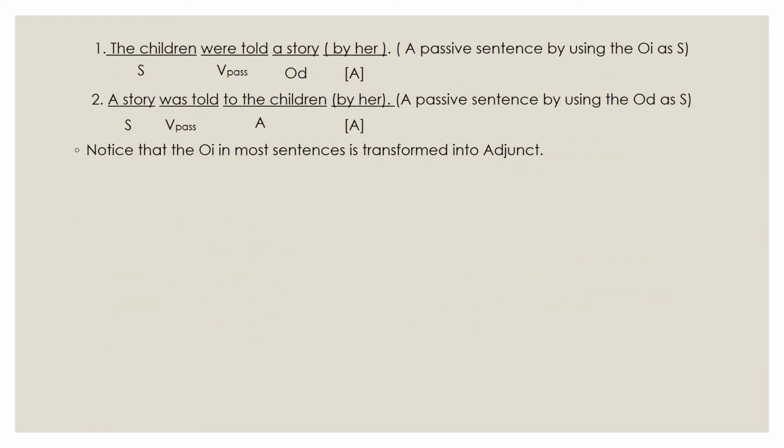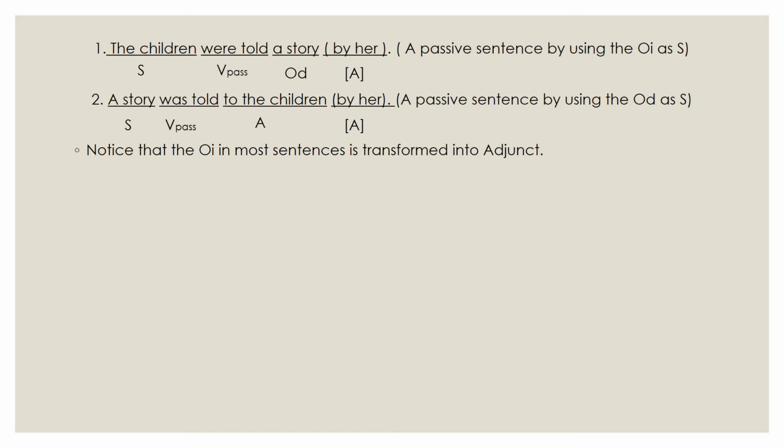If we look at number 1, the children were told a story by her. So here we used the children. If you remember, the children was functioning as the indirect object. So here we use the indirect object to take the place of the subject. So the sentence in the passive becomes the children were told a story by her, and the pattern becomes subject, were told. The children is a subject, were told a passive verb, a story direct object, and by her an optional element,